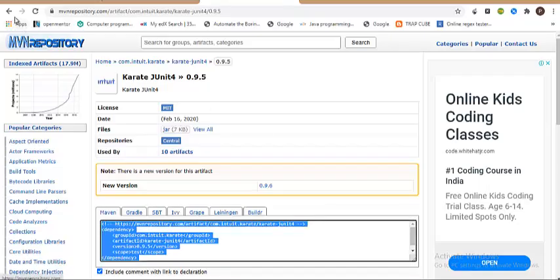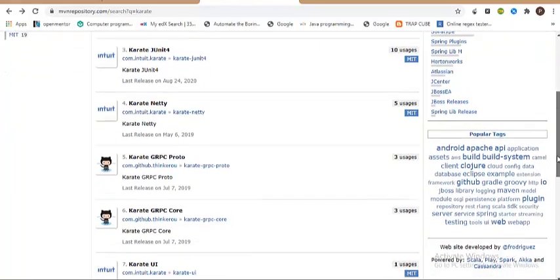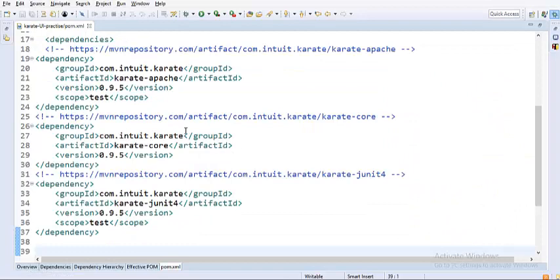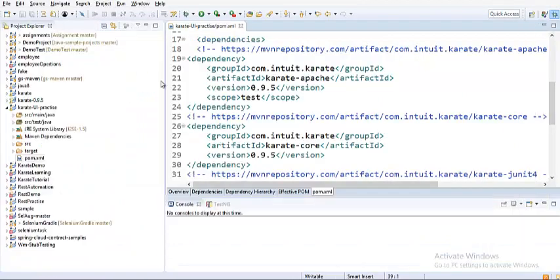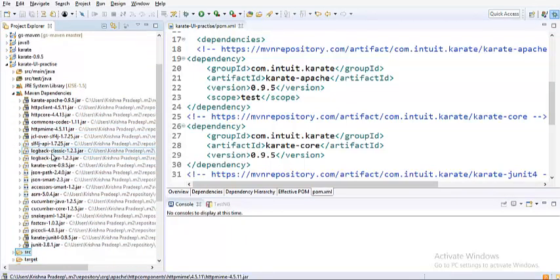And then see if there is any other dependency required. So Karate, JUnit, Apache Core and JUnit 4 we have added, and yeah, so that's it. So we are good enough. I think by now my system would have downloaded all the added dependencies to my local. Let me just go and see Maven dependencies section. So I think I have Karate, Apache and all that. Yeah, so this is how you usually create a project.